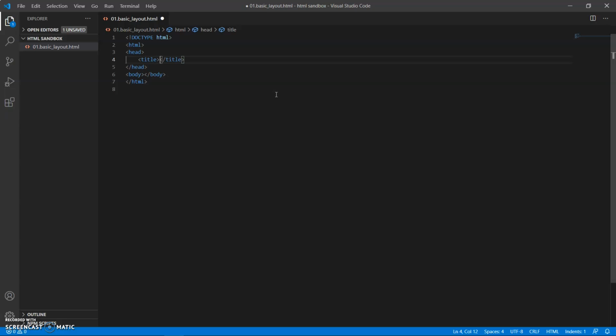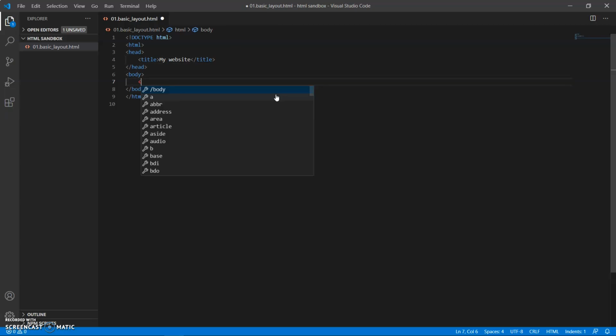So we can name the title with, my writing has gone to shit, my website. And then inside the body tag, we can add a heading tag, H1. Actually, there are many different kinds of headings. There's all the way from H1 to H6. We will talk about that later because they have different fonts and stuff like that. But basically, they're just heading tags. So it can just say